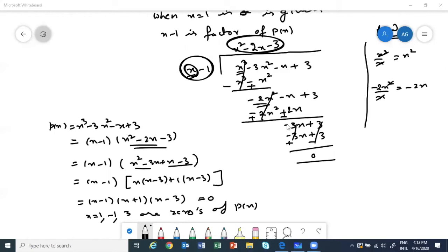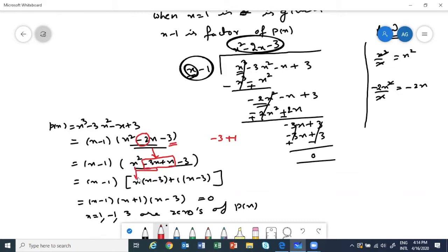Can you explain the splitting the middle term? Okay. See, we had 3 here, right? So 3 can be factorized as 3 and 1. We have to rearrange so that we can get minus 2. How can I get minus 2? By taking minus 3 plus 1. That's what I did. So I replaced my minus 2x here by minus 3x plus x. Clear, Swati? Then we made groups of 2.